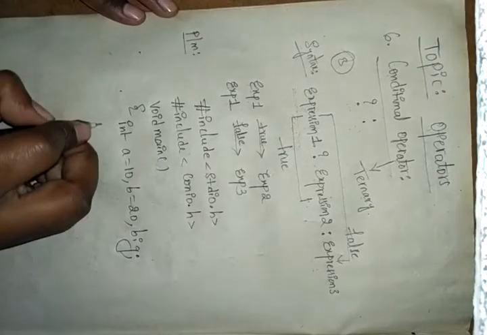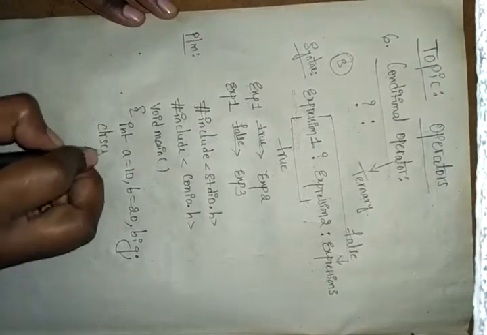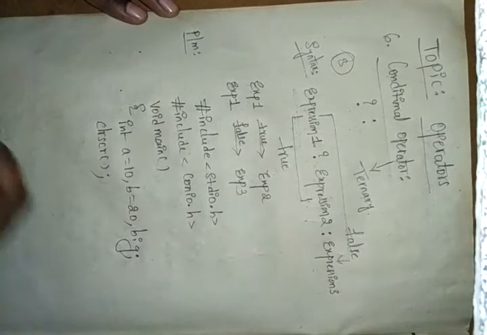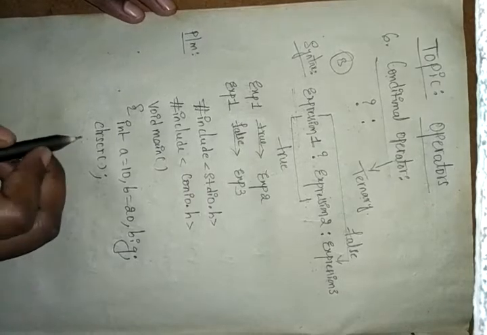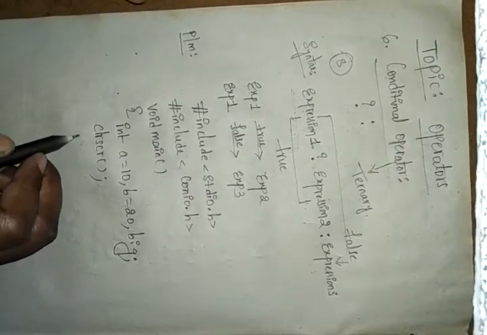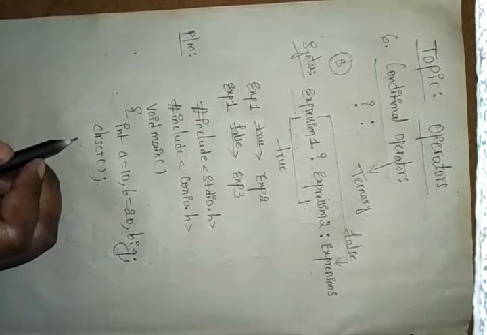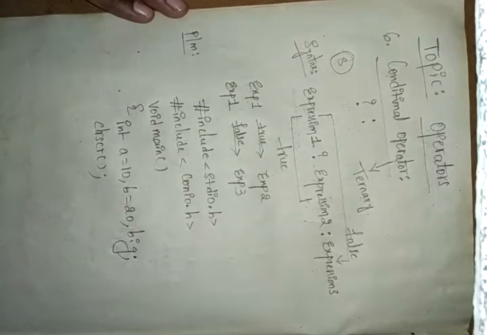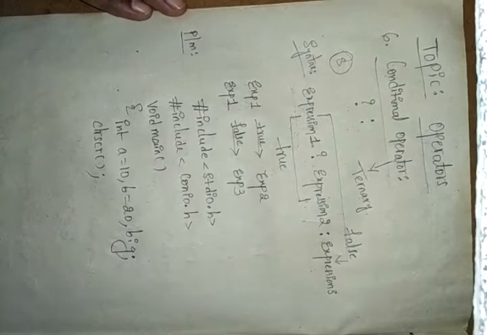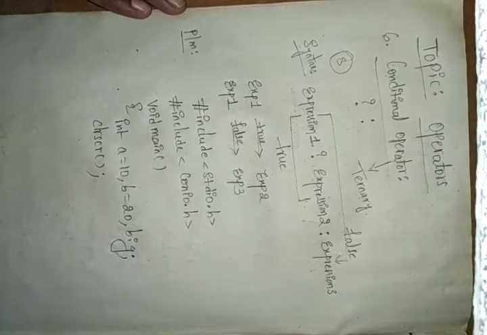And next, clear the screen. Whatever we had in the previous output will be cleared by clear the screen, CLR. It is not mandatory. Why? Because when you write it, it clears the previous outputs. If you are not writing it, it will display the previous output along with the present output. That's it, so there is no other use for this. This is an optional statement only. If you need it you can write it, or else you can remove it, that is also possible.